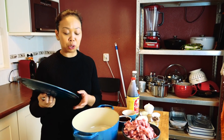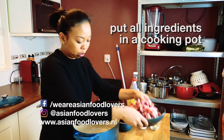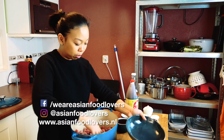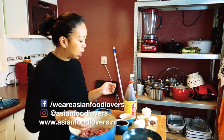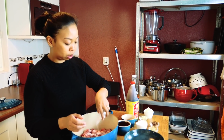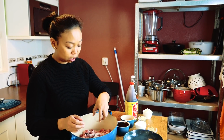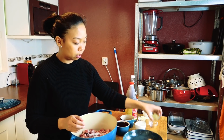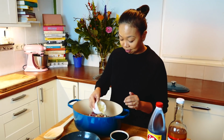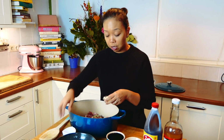So yeah, let's start cooking. First thing we need to do is add the pork into your pot. So just use your hands, nothing wrong with that, to make sure it's clean. And then you add your salt, your star anise, bay leaves, onions, then your garlic,